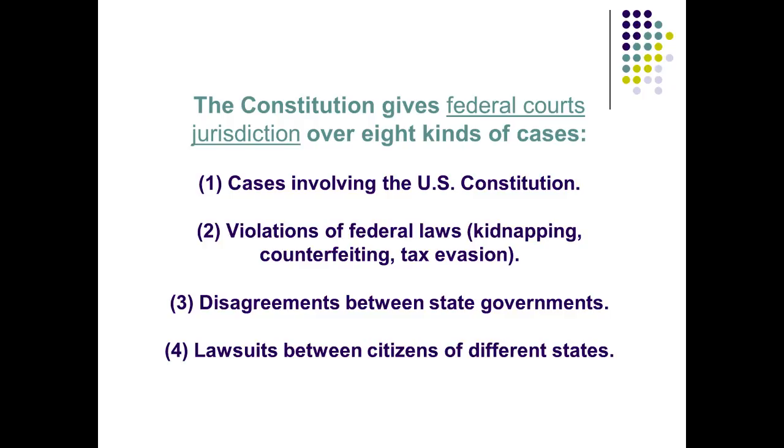Lawsuits between citizens of different states. We call this diversity jurisdiction. And this one's kind of two-part. One, you have to have a diverse issue going on, so you have a Virginia citizen and a North Carolina citizen suing over something. You also have to have a money requirement. Early on, it was like $20. It was not a big money requirement. Now it's $75,000. But basically, it's just to make sure there's not bias in the state courts,